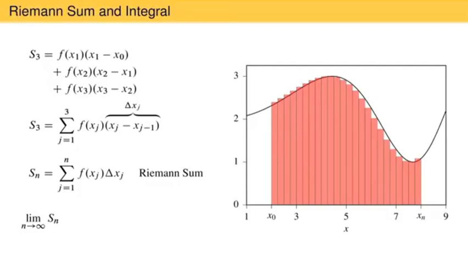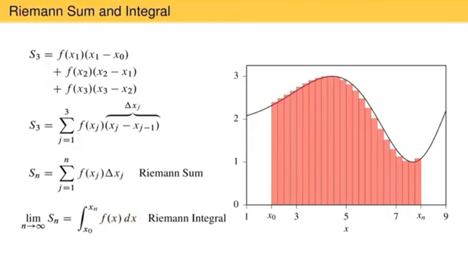from x0 to x sub n, and is written symbolically as the integral from x0 to xn of the function f of x times an infinitesimal width dx. This is the Riemann definition of an integral between two fixed limits, sometimes called a Riemann integral. In the integrand, f of x is the height of an infinitesimally narrow rectangle, and dx is the infinitesimal width